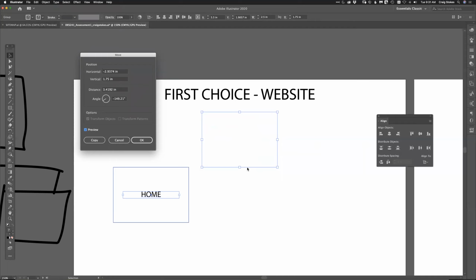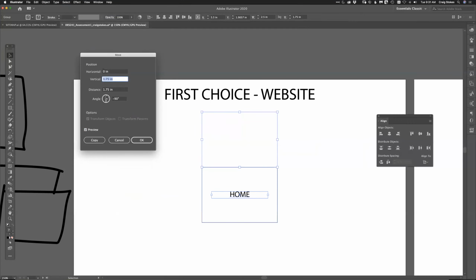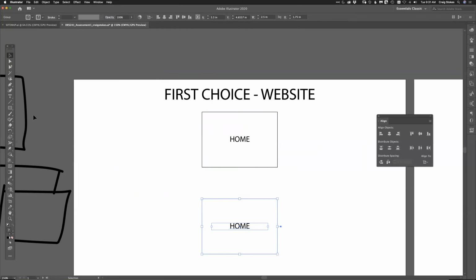So I need to have one that comes down this way, right? Because this is my home page, and then we need those 3 other pages. I don't want to move it horizontally, but I want to move it down vertically. I might bring this like 2 inches down. There we go. And then if I copy it, now look, the next thing I have to do is